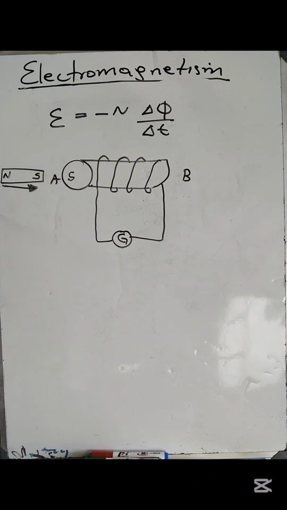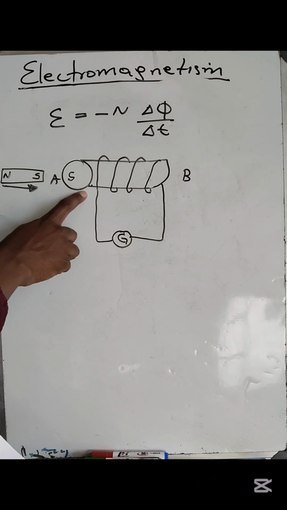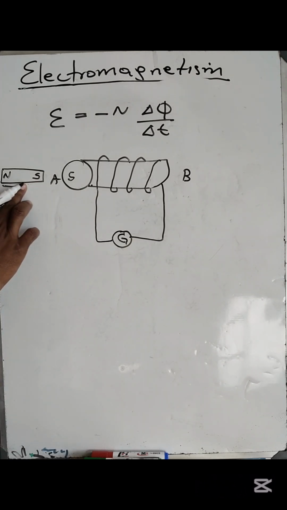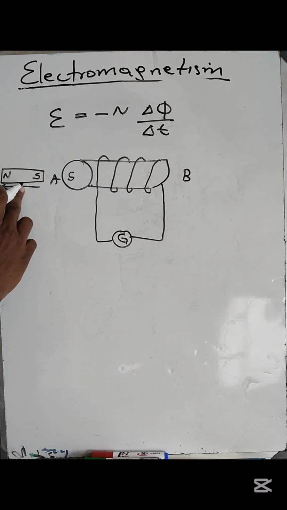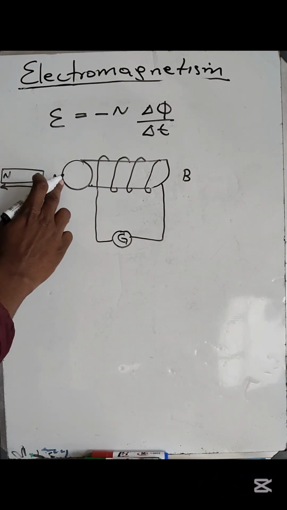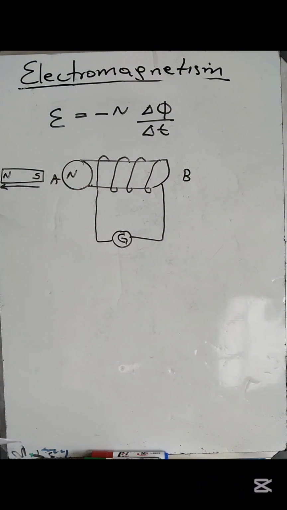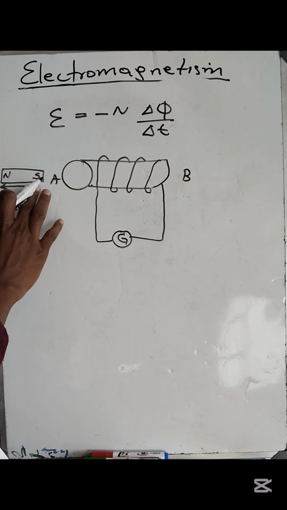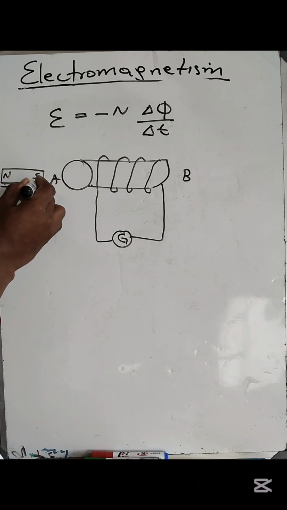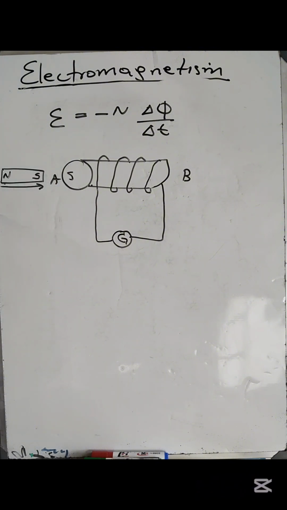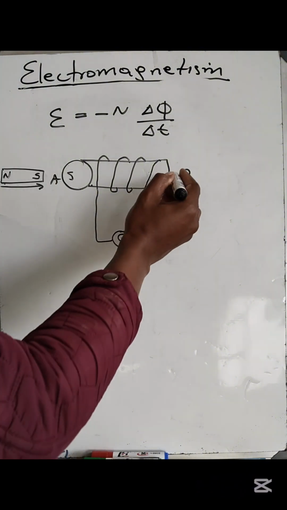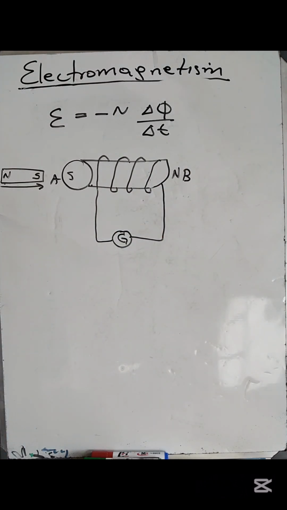Remember, we say like poles repel each other. As you push it, the solenoid will push it away. If the magnet were moving away, the solenoid would need to pull it, which would require the opposite pole. But in this case, the magnet was going into the solenoid, which means the solenoid must repel the magnet, which means that is the south pole. Therefore, this side is our north pole, the side with B.